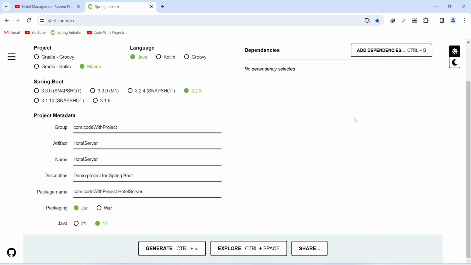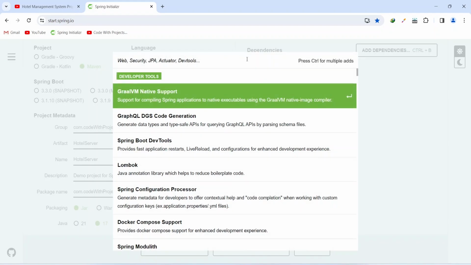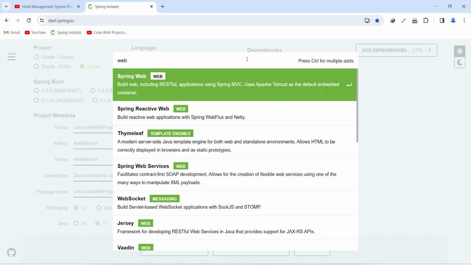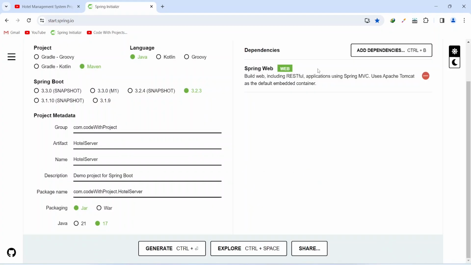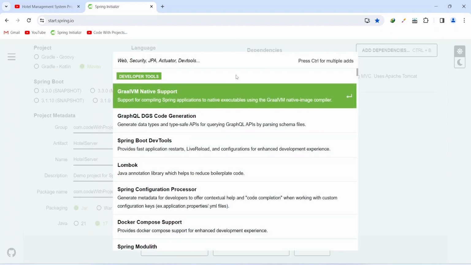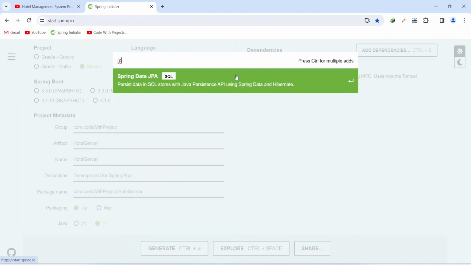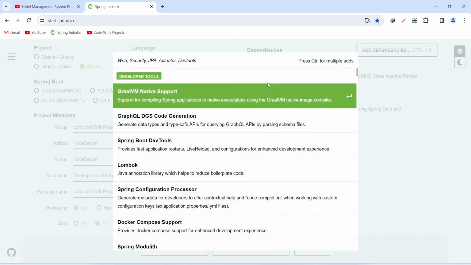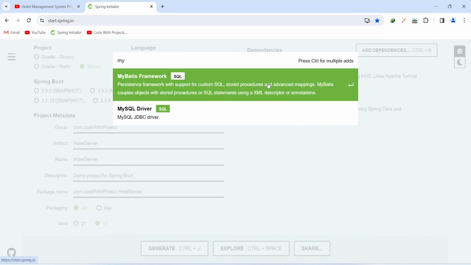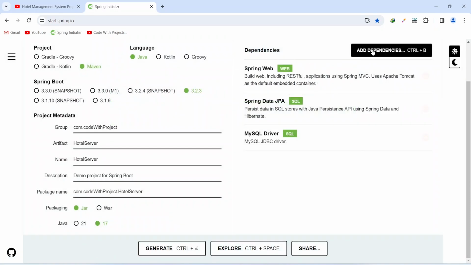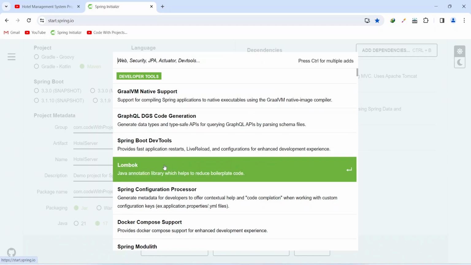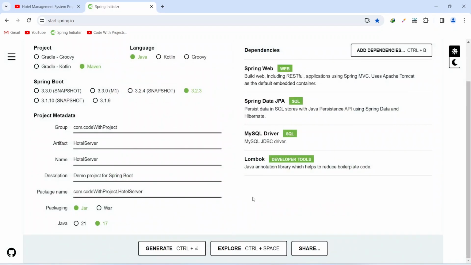And now we need to add the dependencies, so we will click on this button, and the first dependency we want is Spring Web because we want to build RESTful APIs, and it uses Apache Tomcat as the default embedded container. And after this let's click on this button again, and this time we need to add the dependency for JPA, and after JPA we need to add the dependency for the MySQL database, so we will add this MySQL driver, and after this the last dependency we want is Lombok to reduce boilerplate code, and that's it for now. We will add other dependencies later, and for now let's click on this generate button, and